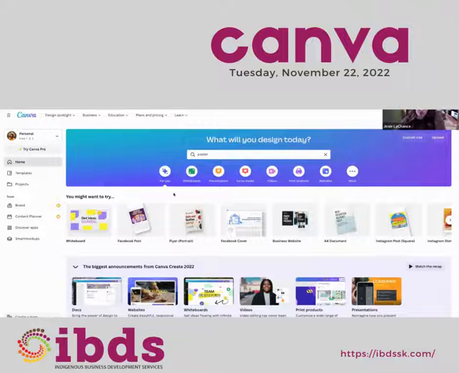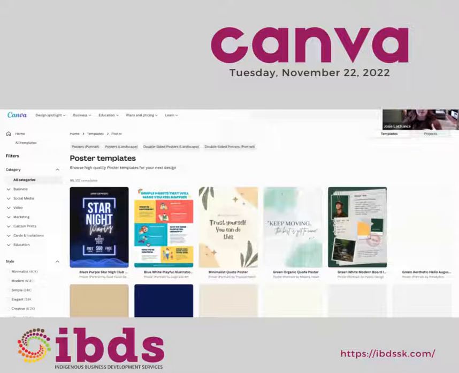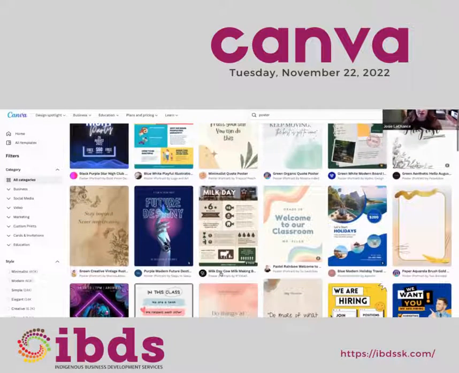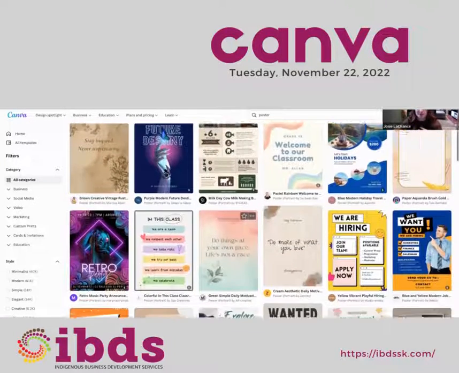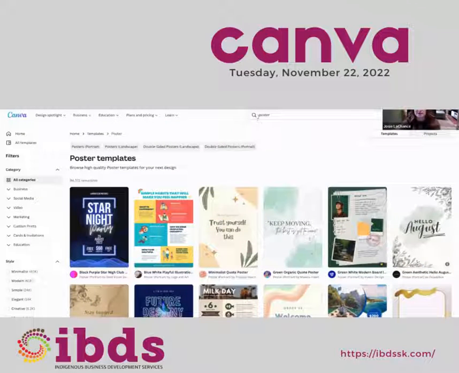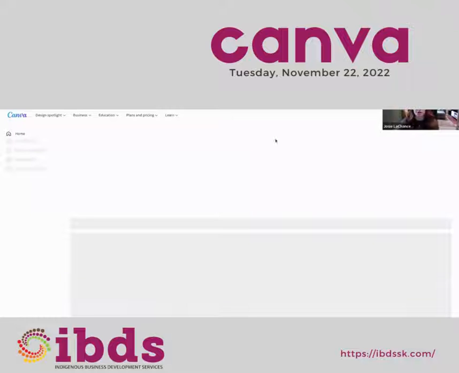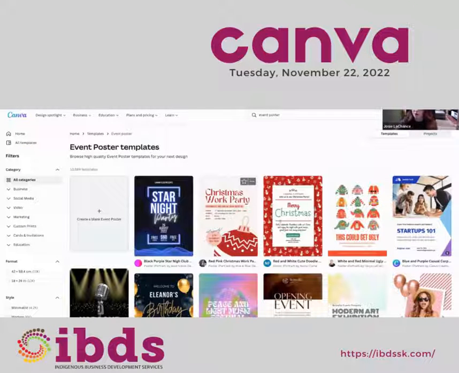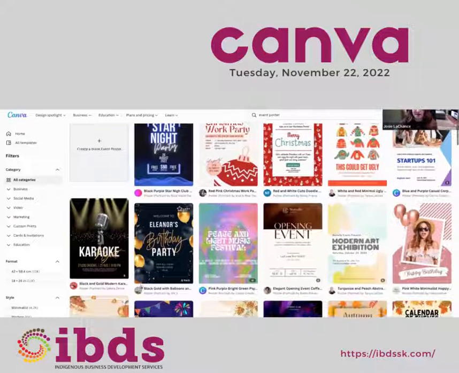And how you can make a more flashy or engaging poster is with these templates. So say I'm just going to type in up here event poster, just so you can see, because this is something that you can't create on Word. Or you can, but it will take hours and you'll pull your hair out trying to get everything to line up properly. But you have an event coming up.